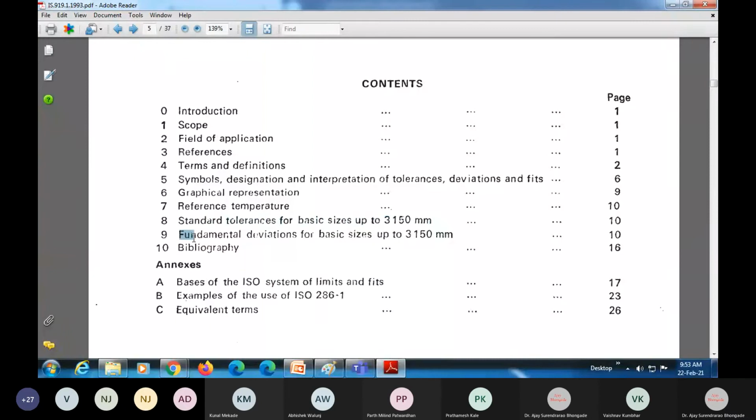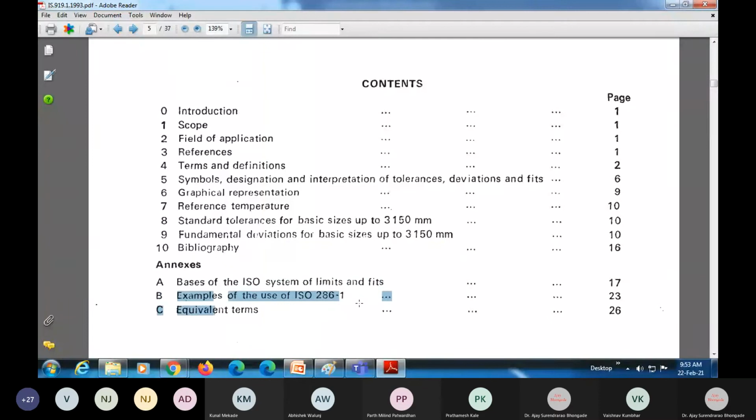Then what is the fundamental deviation for basic sizes up to 3150? Right, so above 3150, there is again a second table there. So we have two parts, part 1 and part 2 here, and those two parts will complete all the things for that. Okay, so they have also given some limits and fits examples, illustrations